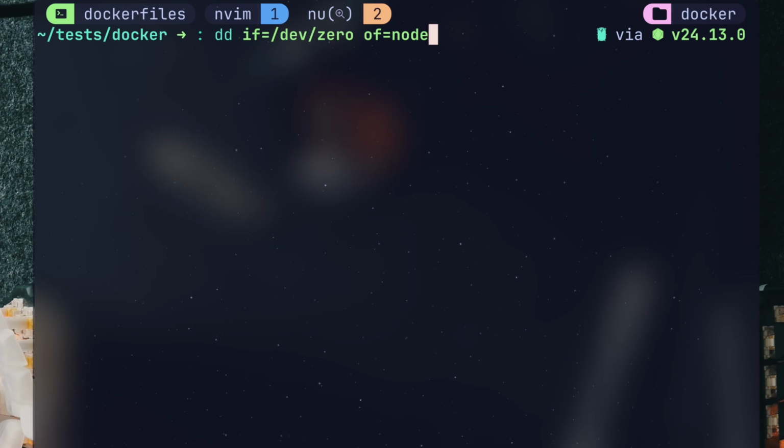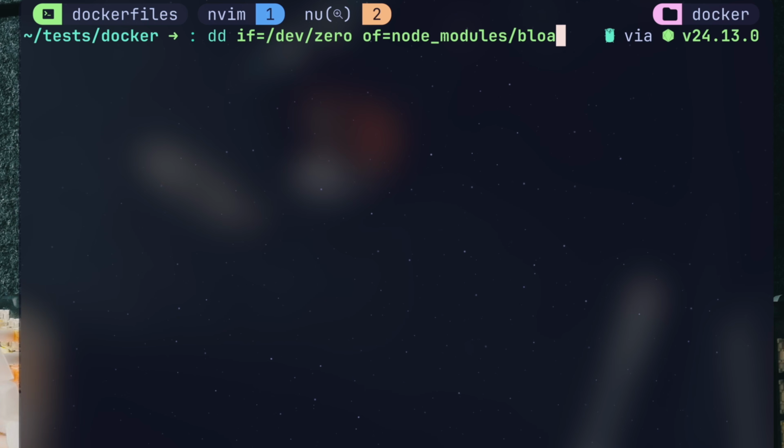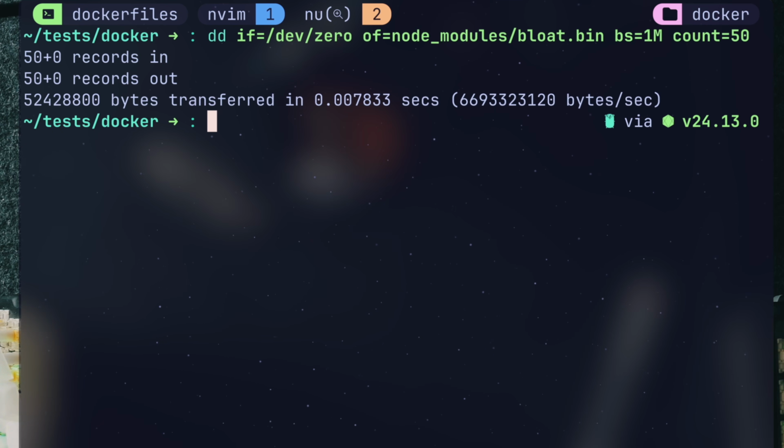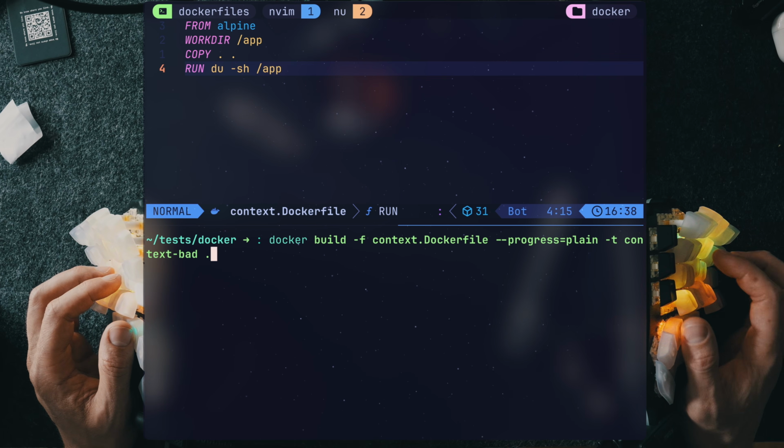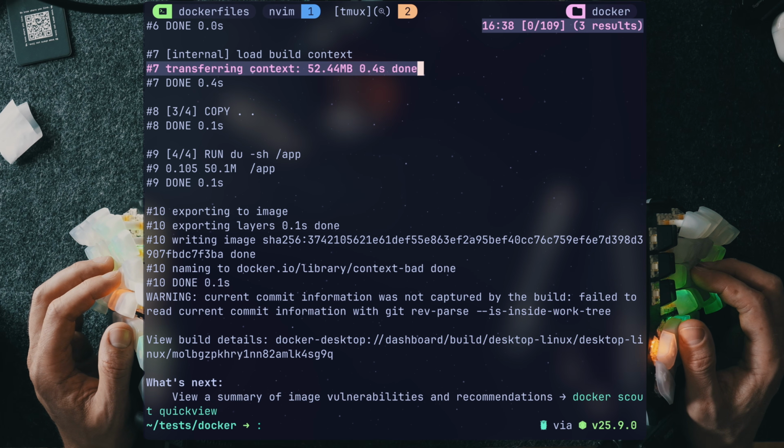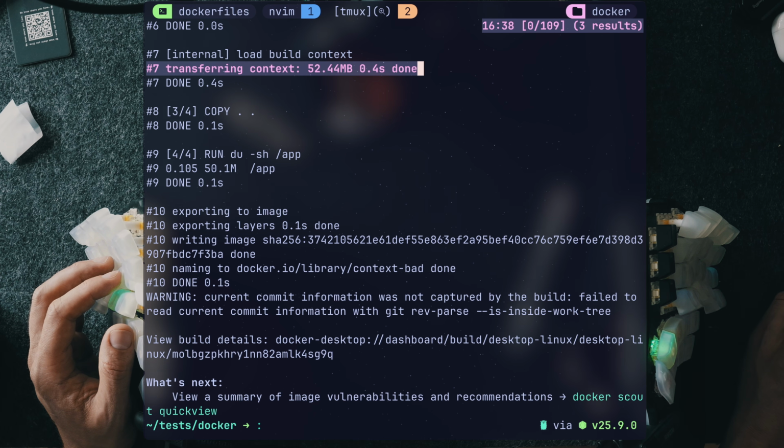Let's say our node_modules is a huge bloat. If you've ever used dd to create fake bloat, you'll be familiar with the next line. So 50 megabytes of stuff we don't want Docker to mount. We probably also don't want log files or .envs, etc. Just building the container tells us we're transferring X amount of stuff to our container. And mind you, I was very conservative with the size here.